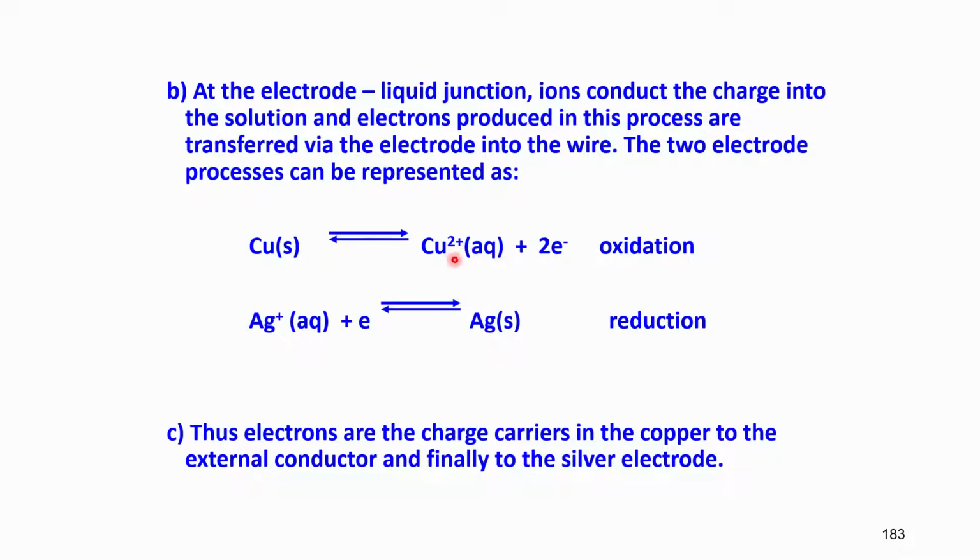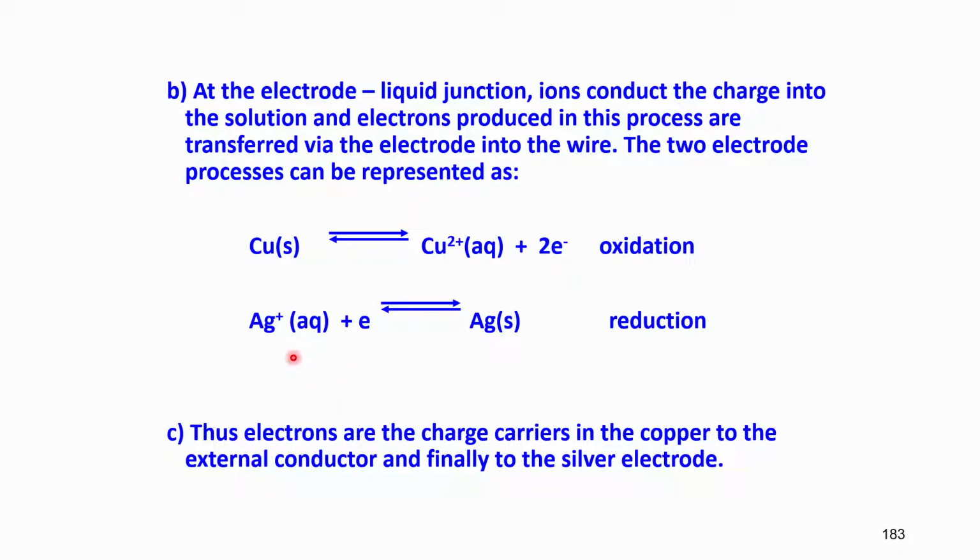and solid copper is going to produce cupric ions, Cu2+ ions, and as I had explained to you in my previous lecture, they will be surrounded by water molecules, and so we write aqueous. Plus, it is going to release 2 electrons. This is known as oxidation. Why? Electrons are released. The removal of electrons is oxidation. I had explained this to you in the concepts of chemistry part in the beginning of this course.